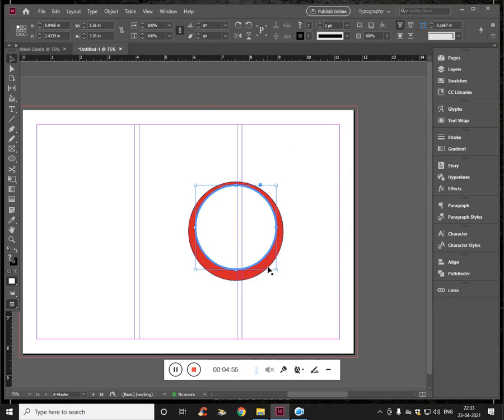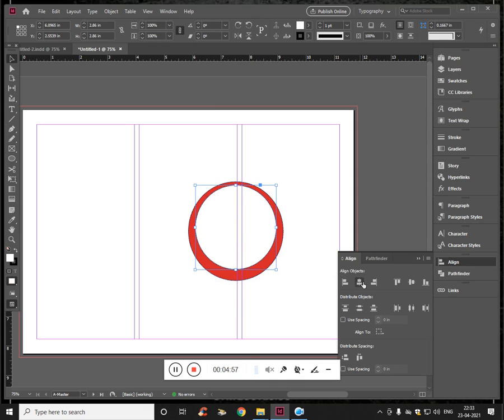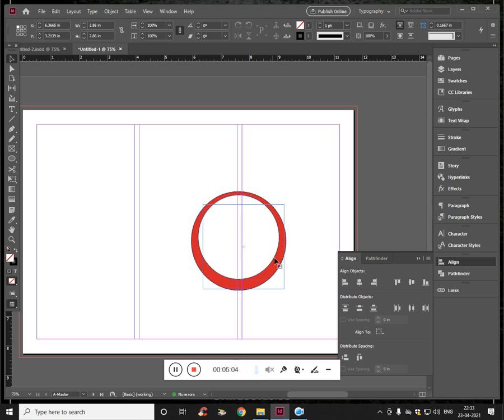And now let's group it, Control G, and using Control Shift keep the aspect ratio. Now we need to draw the shapes. Press W again and P for the pen tool. Start from here.